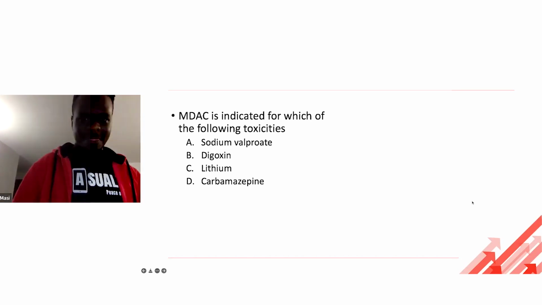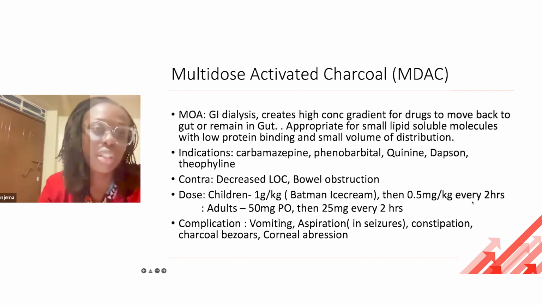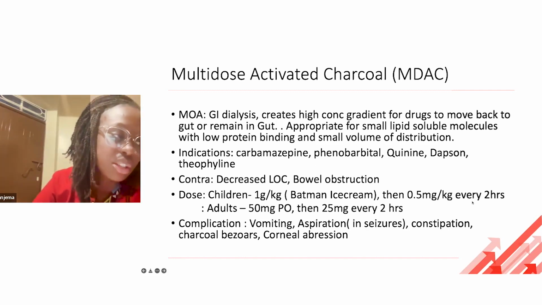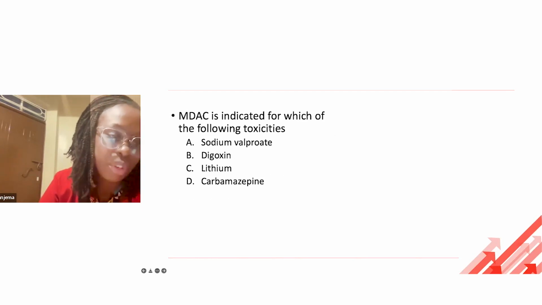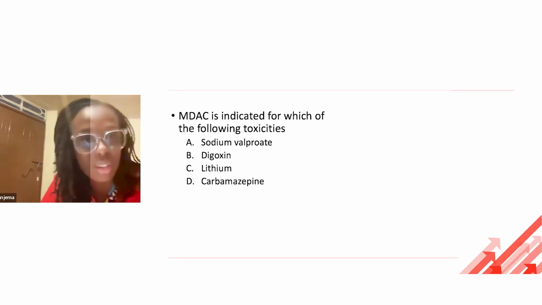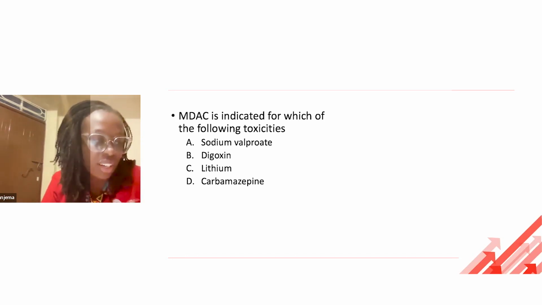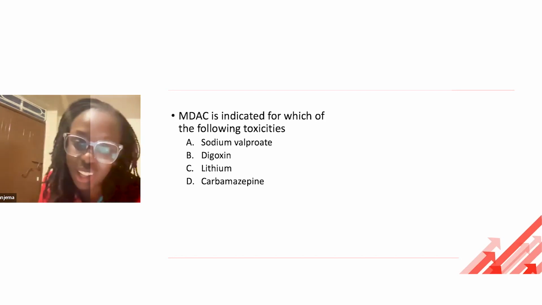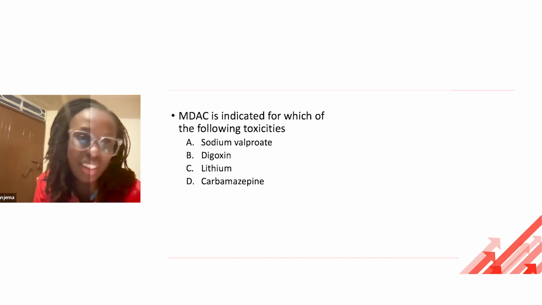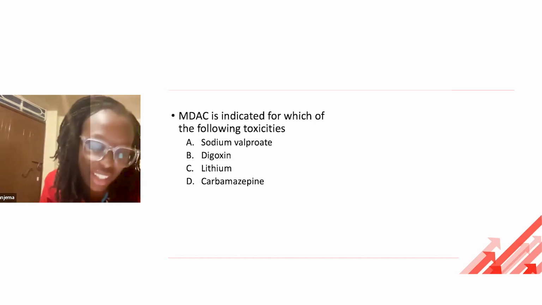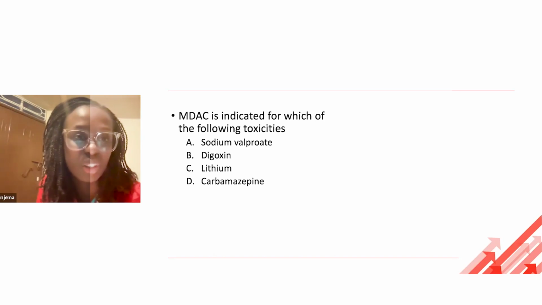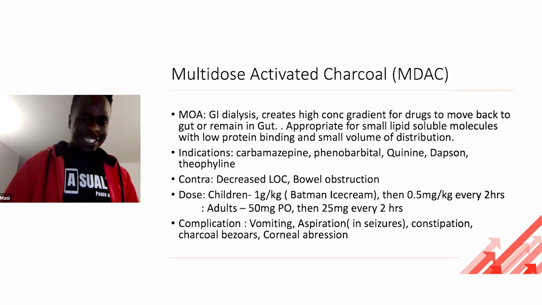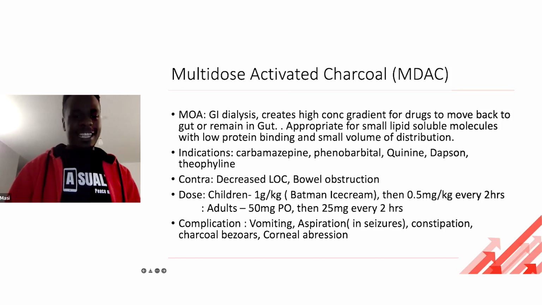Yeah, so there's a mnemonic for some drugs where multidose activated charcoal is indicated. So theophylline, phenobarbital, dapsone, carbamazepine, and quinine. These people drink charcoal quickly. That's a mnemonic that's found in our EMKF algorithms. You can just download them on the website and you'll have it right at your fingertips. But yes, carbamazepine is one of the few that you give more doses of activated charcoal. Perfect. So these people take charcoal, that is it.